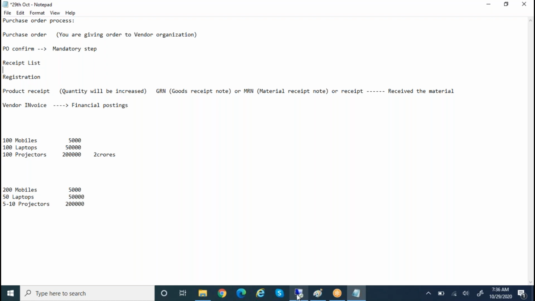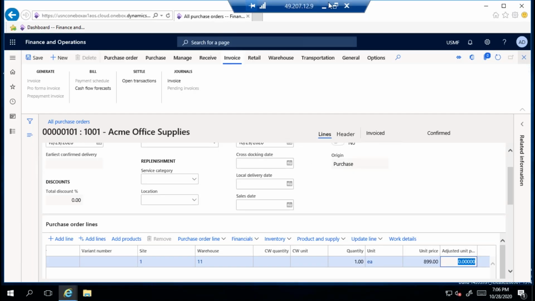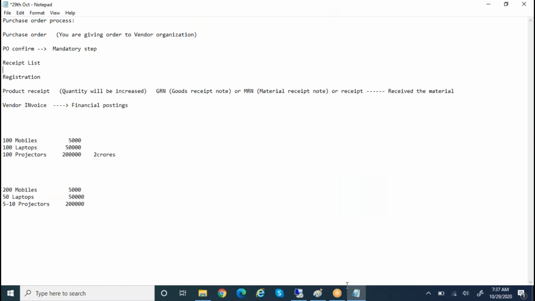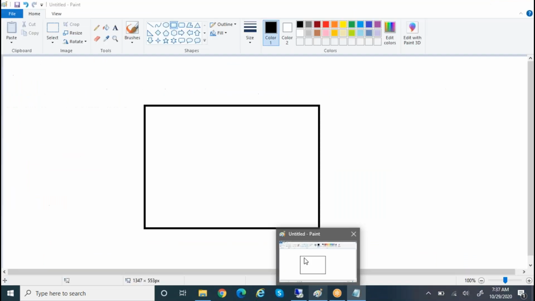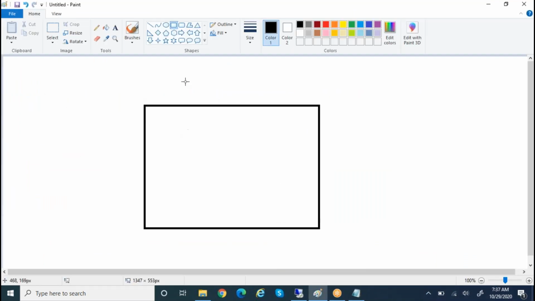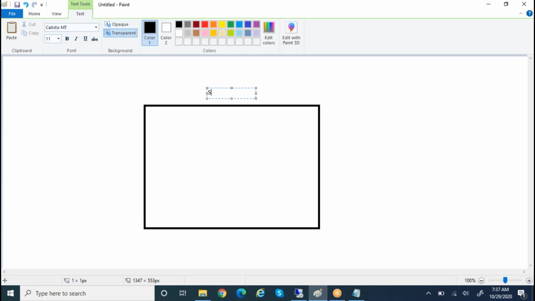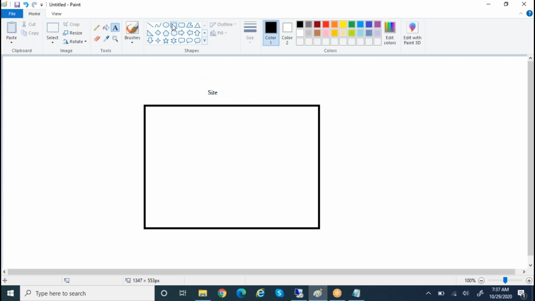So what is this receipt list and registration? Suppose this is a big site. It is a manufacturing company or a wholesale distribution company, a very big one, around 5 acres, 10 acres, a very big space. This is the site. Under this, there are warehouses.